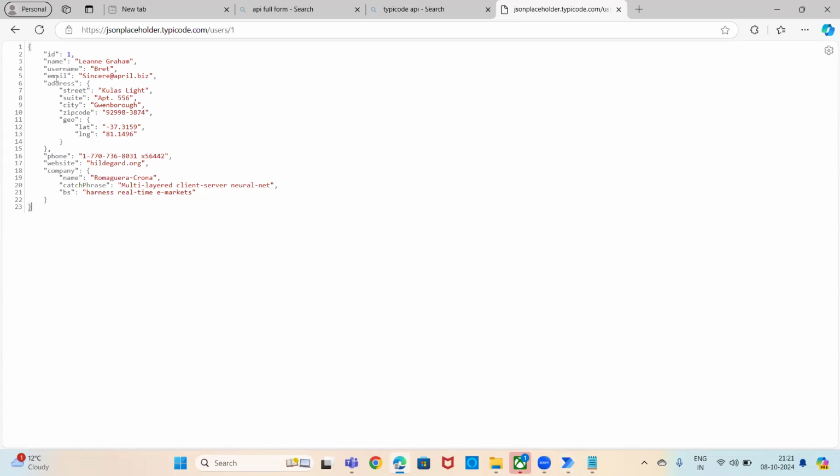But here, if you observe in address, there are multiple subfields again. Suppose if I just provide address, I'll get all these details: street, suite, city, geo, all this lat long, everything I'll get. I don't want all that. In address, I want city only. Then what you need to do is the syntax would be